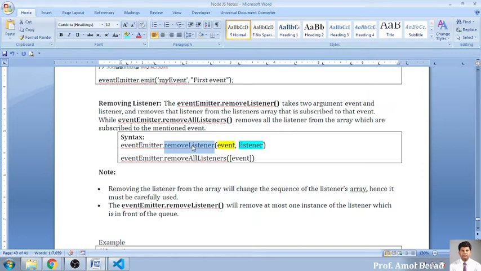Now the alternative is that you want to remove all listeners which are bound to this event. In that situation you can use removeAllListeners, and you just give the name of the event, the user defined name you gave, into square brackets. Because this is an array, what does this square bracket represent? It is an array, it contains multiple listeners. So listener 1, 2, 3, 4 up to 10, or you can extend the limit also. If you want to remove all at a single glance, you can use this function called removeAllListeners. So the choice will be yours based on business logic.